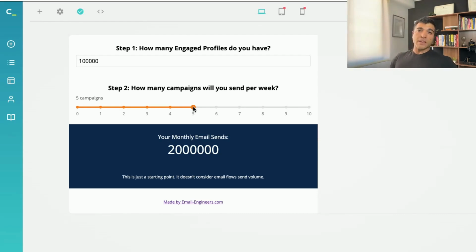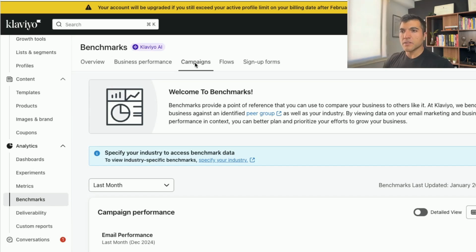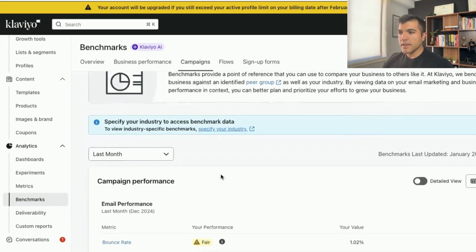So we're fine with paying Klaviyo an extra $1,000 a month if we can generate an extra $100,000 per month with it. So if your campaigns are consistent and all of them are generating sales, then by all means, do this. But only after you got rid of all of your dead weight. And if you're not sure if this is worth it, you can go to Klaviyo, benchmarks, campaigns, and you will